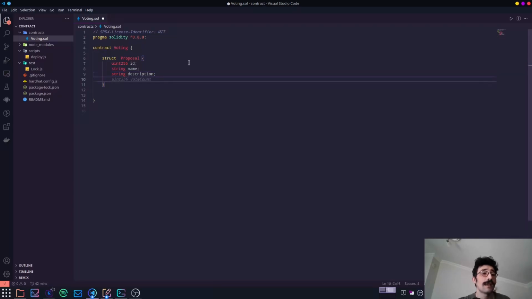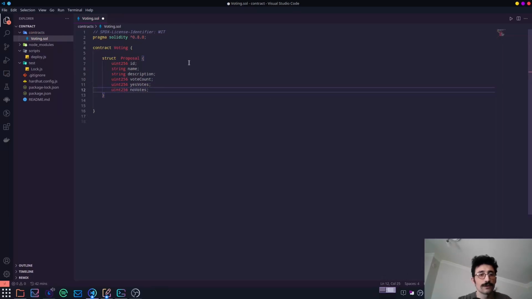I will have again a uint256 vote count, because I want to see how many votes there have been. I haven't used it in my UI, but it might be nice to see. It's very basic: since we are going to have yes votes and no votes, it will be just an addition of the two, so it's all cool. uint256 yes votes